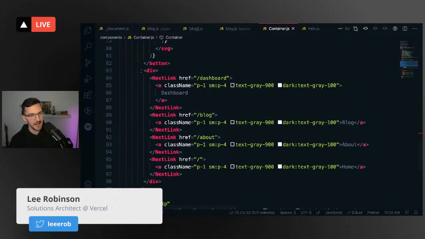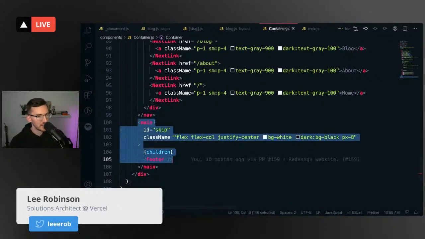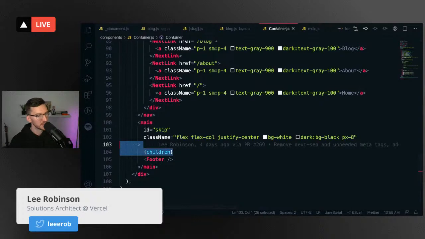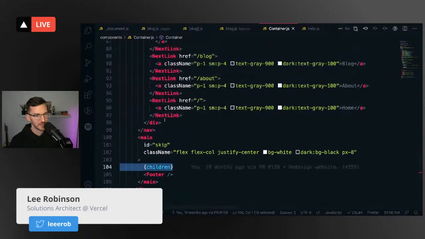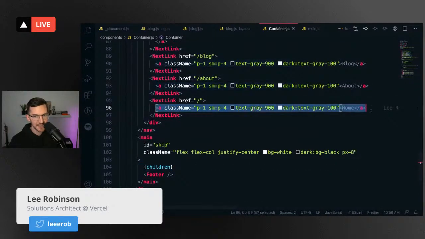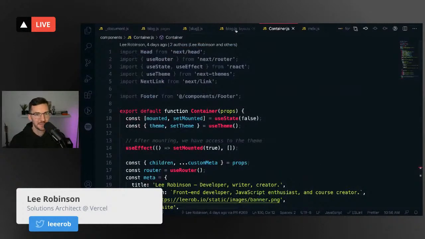Then I have my navigation, which links to a bunch of the different routes in my application. And then finally, I have the main tag for the rest of my body, the destination of the skip nav. And this will just take in whatever children I want to pass. Children is the fancy word for all of the things in React that are rendered inside of a component. So for example, this next link component, this A tag is the child of it. So going back to my blog layout,